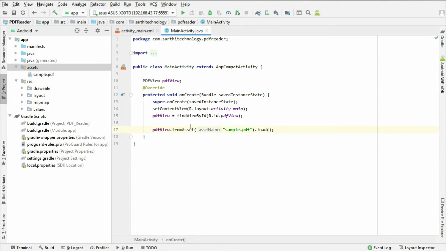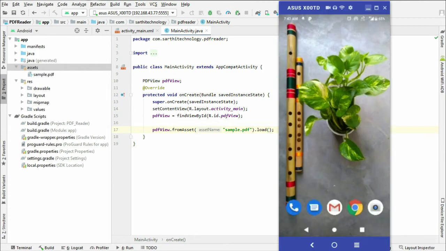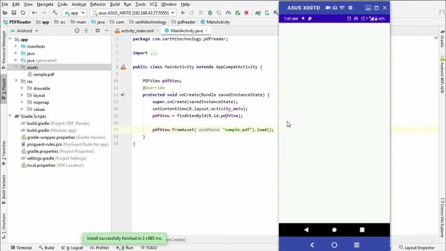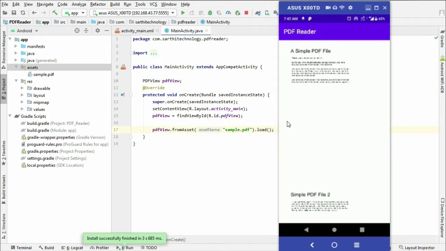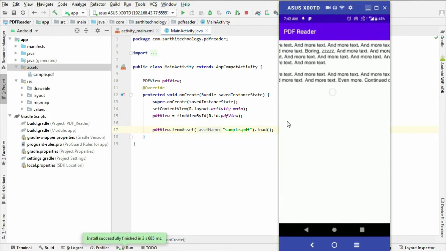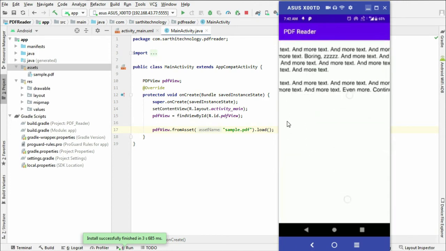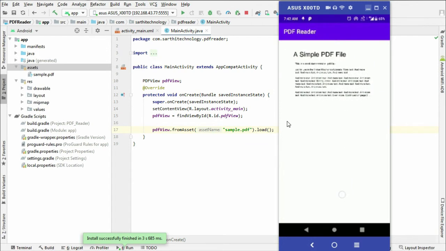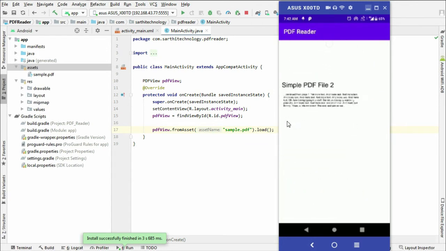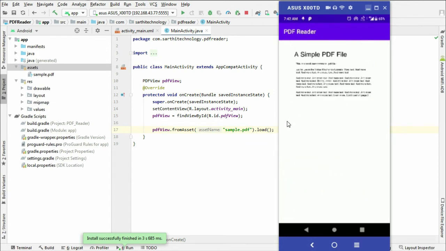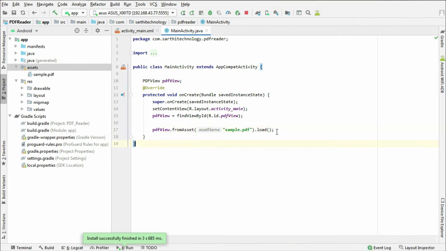Okay, so just try to run this. Here you can see our application is running and this is the PDF. You can just zoom in, zoom out and also scroll. Okay, so the second method is from file.